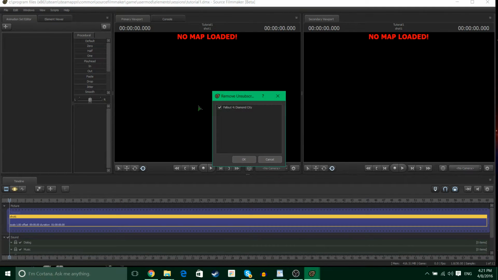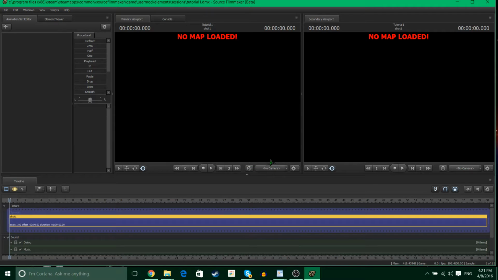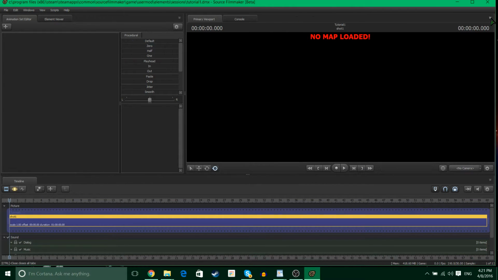And now you'll be at this point where it says no map loaded. Before we load up a map, your window layout is going to be a bit different. It'll probably be something like this. If you're like me, you're probably going to want that secondary window,